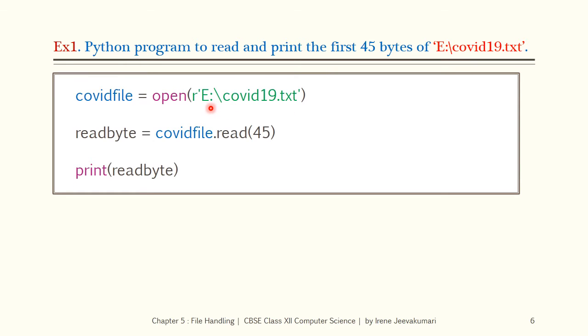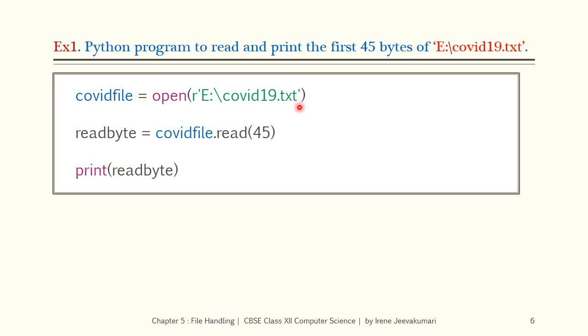Here the file name is provided with full path name along with the raw string r. When the raw string r is provided, single slash can be used in a path name because the raw string r removes all the special meaning from the given string. So single slash can be used in a path name when the raw string r is provided. Also, the full path name must be given when the given file is not stored in the current working directory. But if the file is stored in the current working directory, only the name of the file with the extension can be given as an argument.